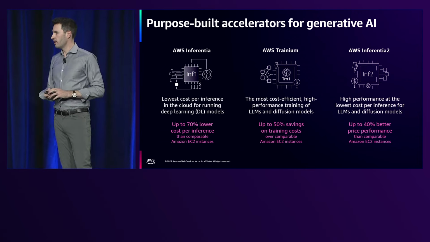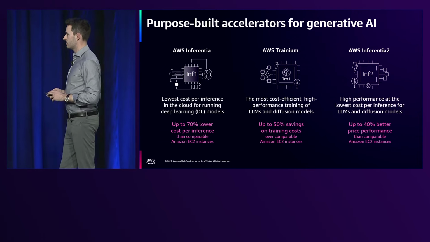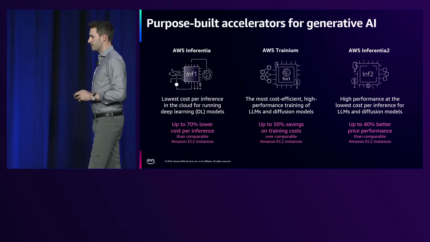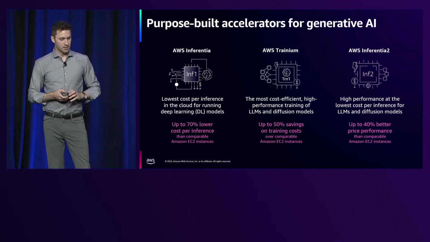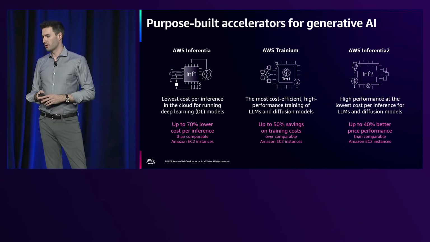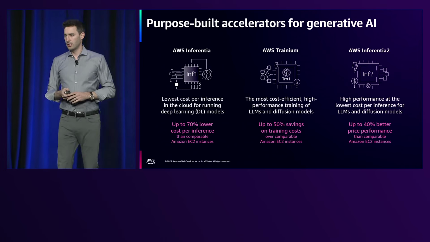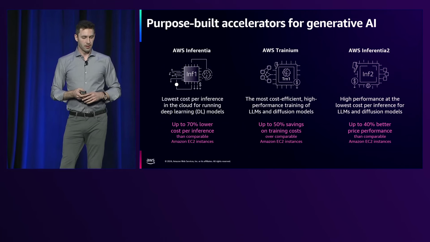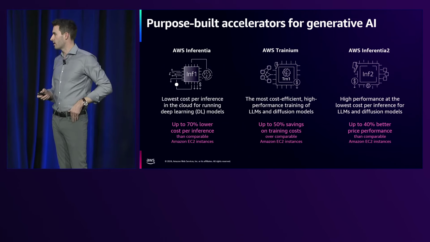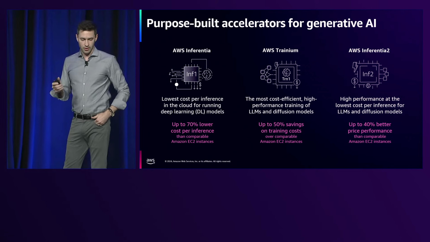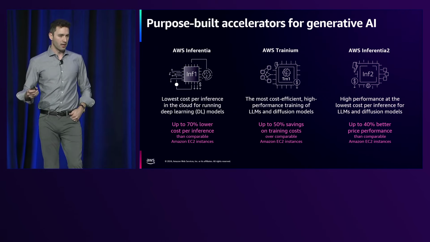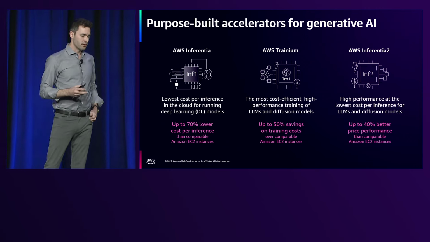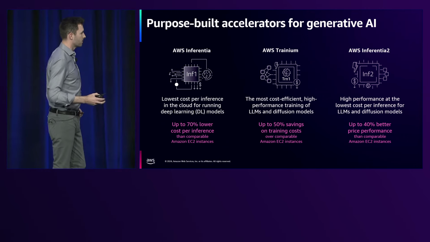Generative AI training and inferencing is not cheap. These instances are in high demand. They cost more than standard CPU instances. AWS has done a lot of work over the last 5 years to improve price performance and lower the cost. Inferentia, Trainium, I think just yesterday we announced Trainium 2. And we'll continue to innovate at the lowest levels of silicon to make sure we give you the best price performance for training